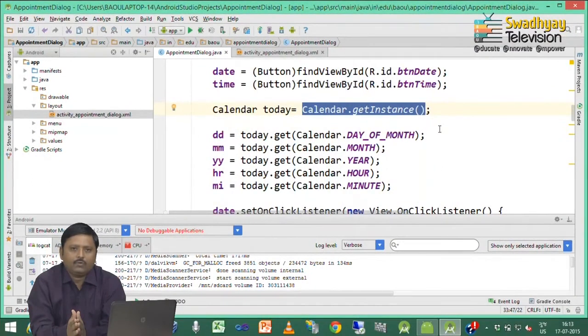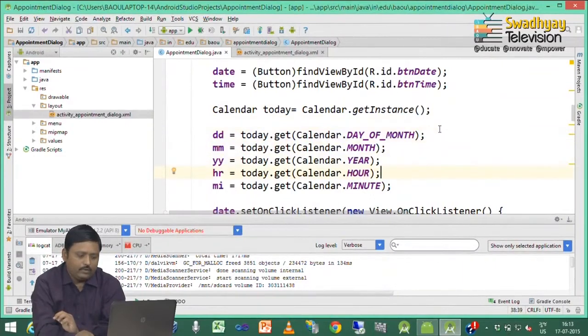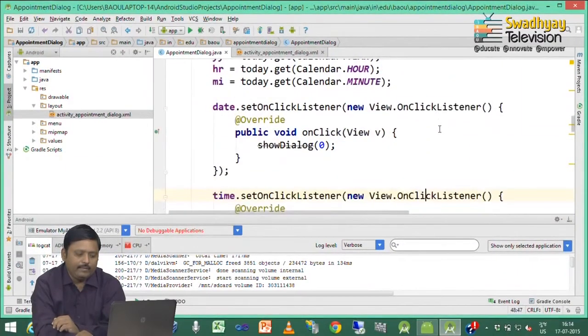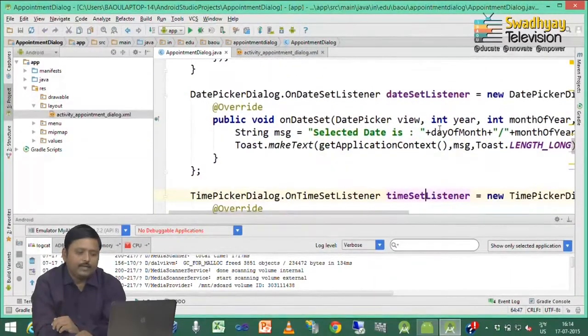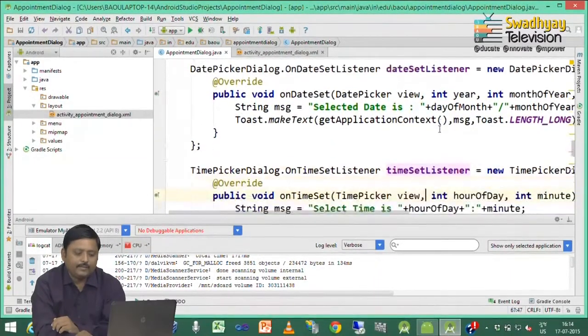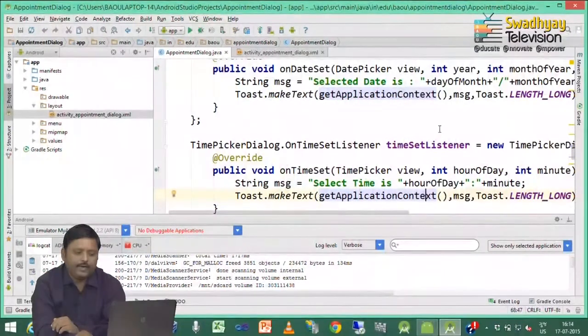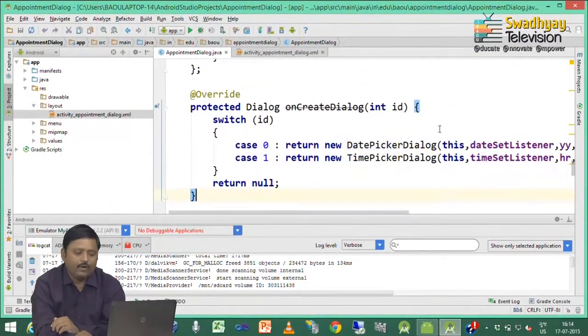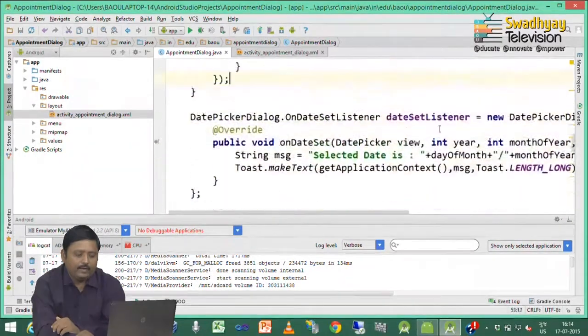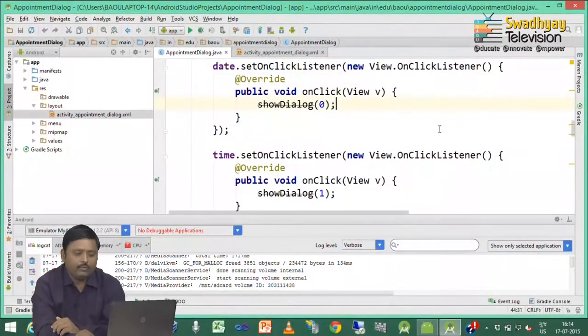So, now our code is ready. Here first we create the current date and time, then we implement the onClick method, then we created the date set listener and time set listener, and inside that we write down the toast message. Inside onCreate we have to create the date and time picker dialogs, and inside the onClick method we have to call the showDialog method.